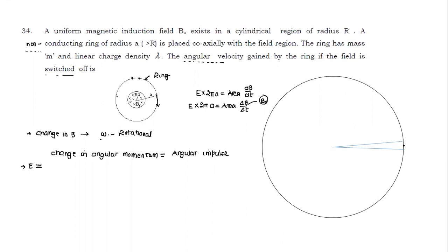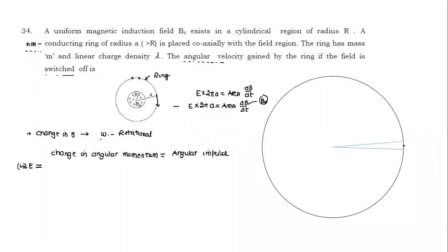So should we calculate induced EMF here, or should we calculate induced field? That's one question. The moment I notice the field is changing, I'm just going through what thoughts may come to a different student's mind. When the field is changing, should I calculate induced EMF or induced field? What should I calculate here? Sorry, induced field, sir. Then we should calculate the induced field. So this part is clear. What is the effect of the induced field? The field will get induced, and I can calculate it. What should I do next?